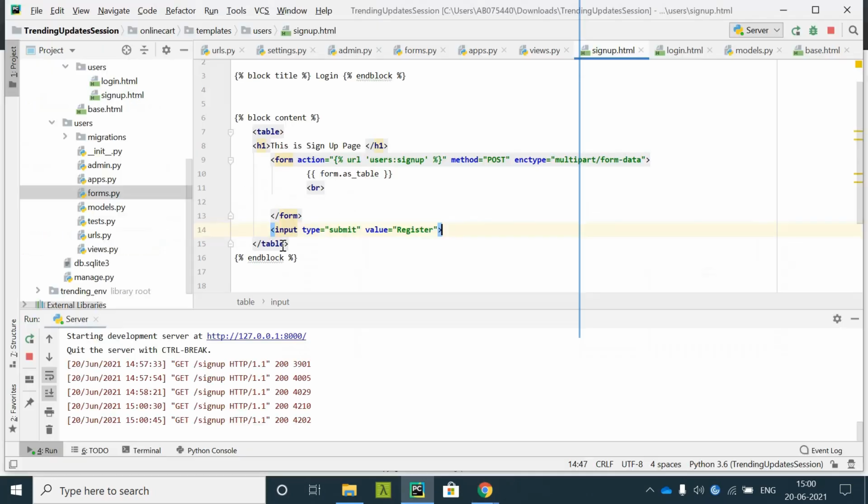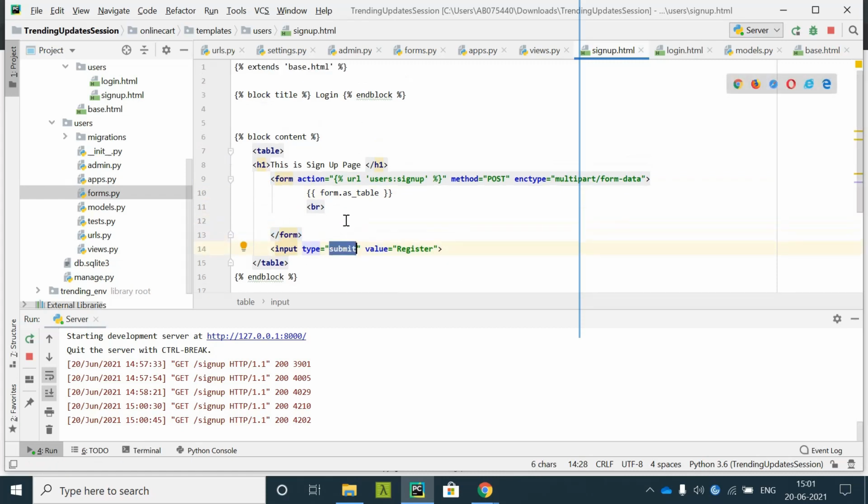It is displaying it here, let it display over there, no problem. So when I submit the form, it should take up all the data. I purposely made one mistake over here, which I am going to explain to you later. So moving ahead, submit.